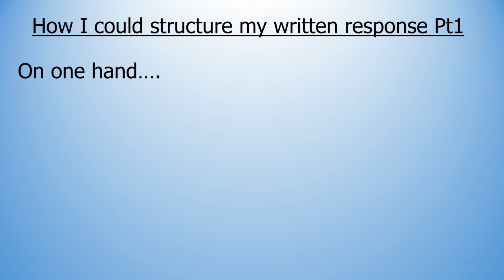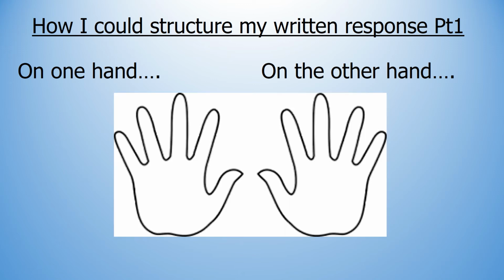I like to call it on one hand, on the other hand. Quite simple, 2 hands. On one hand, I'm going to make a point, I'm going to explain it, and this is my sentence starter. On one hand, capital punishment could be seen as acceptable. I'm going to explain that point, I'm going to evaluate it. It's a deterrent, or well, actually, my evaluation is going to look at the fact it isn't really a deterrent. My religious link I might draw from Exodus, talking about an eye for an eye and it seeming to be